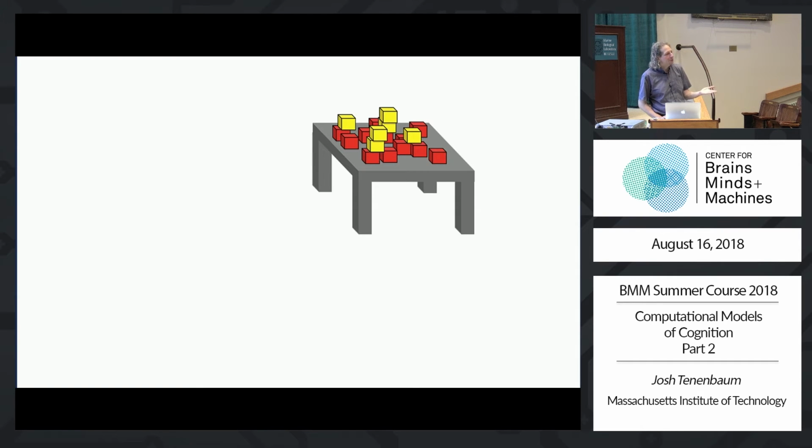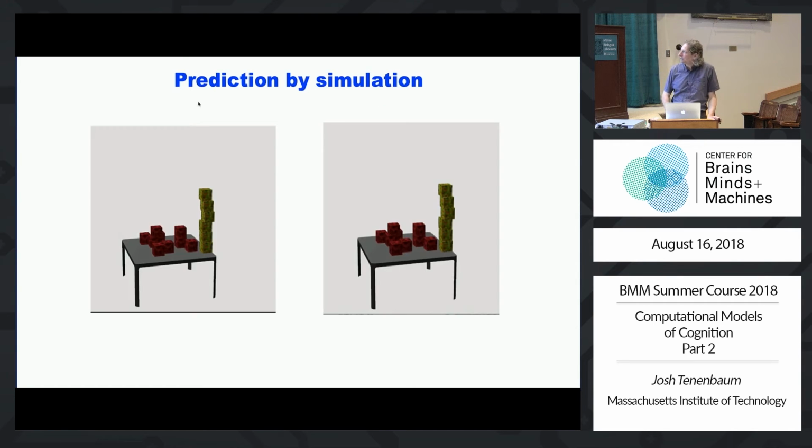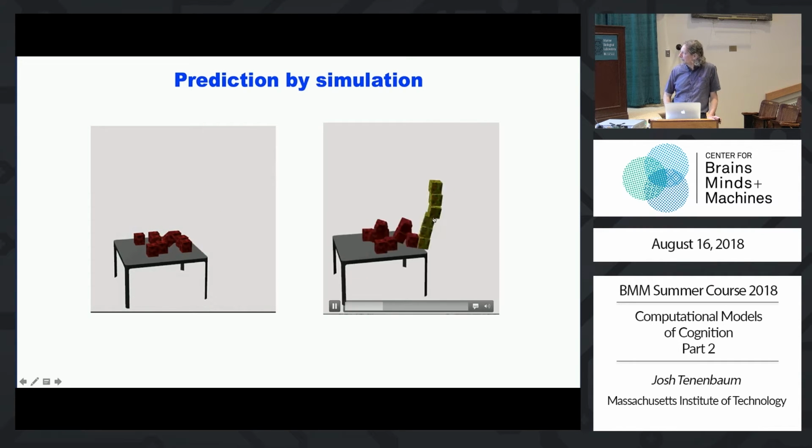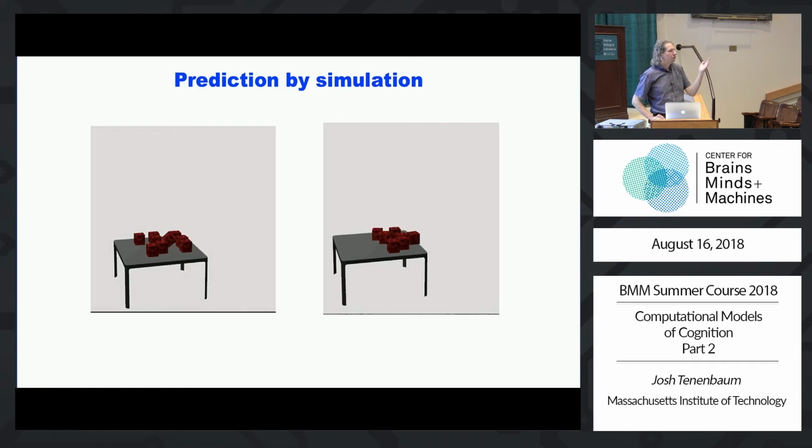And that's totally consistent with a model that says you do something like this. You run a simulation of the underlying physics that the problem asks you to do, and maybe you run one or a couple, and if it's very clear, then you respond. Otherwise, you might run a few more simulations. The simulations in this case might look like this. So here's a simulation of one of these scenes with a small bump, and here's a simulation with a big bump. And again, the problem didn't specify big bump or small bump. You might try one or two, right? Or you might just try one and just see what happens.